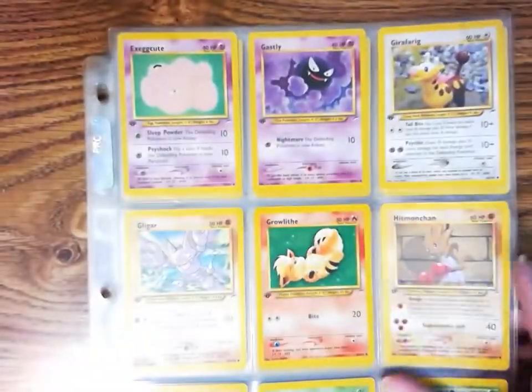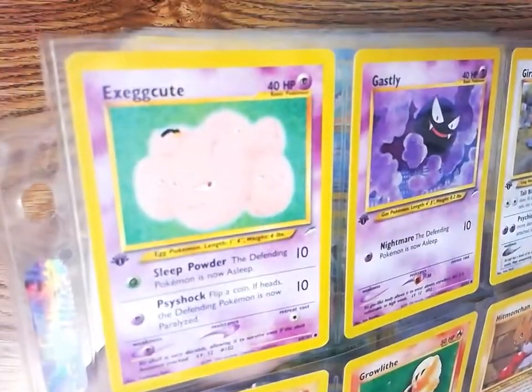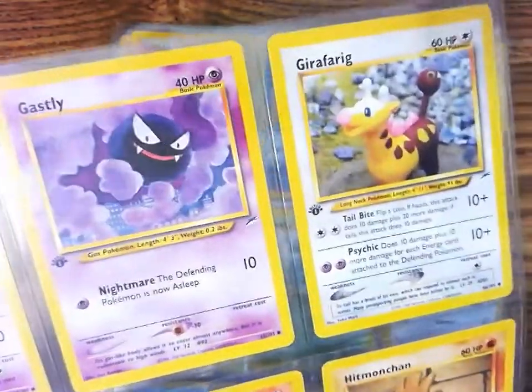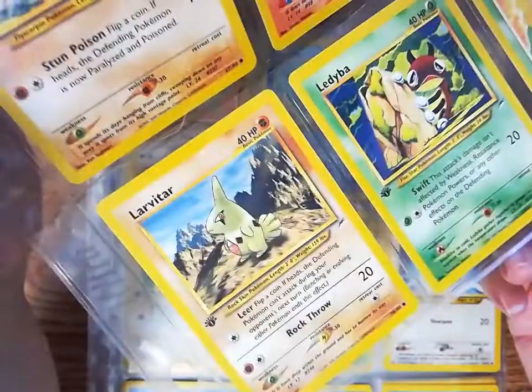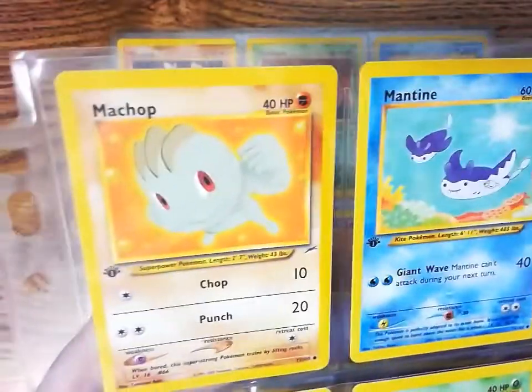So we're definitely down in the commons now. Go a little faster because they're commons. Trying to get that focus. Hang on. Okay, so it's an Execute, Ghastly, Girafarig, Gligar, Growlithe, Hitmonchan, Larvitar, Ladybug, Light Sunflora, Machop, Mantine, Mareep,